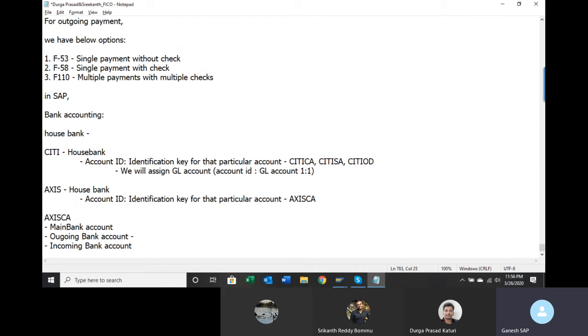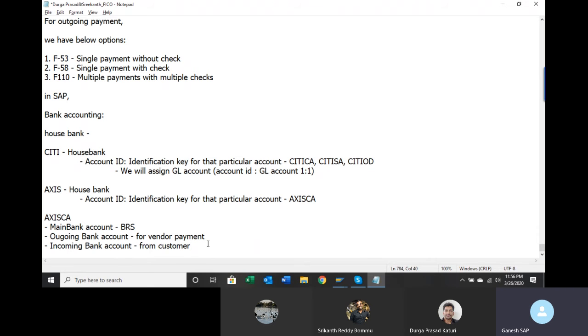Whenever you are making payment to vendors, you use the outgoing account. Whenever you are receiving payment from a customer, you use the incoming bank account. Whenever you do BRS, bank reconciliation statement, at that time these GL accounts will become 0, and the values will be moved to the main bank account. So these are nothing but adjustment accounts or interim accounts, just for posting purposes and for BRS purposes.